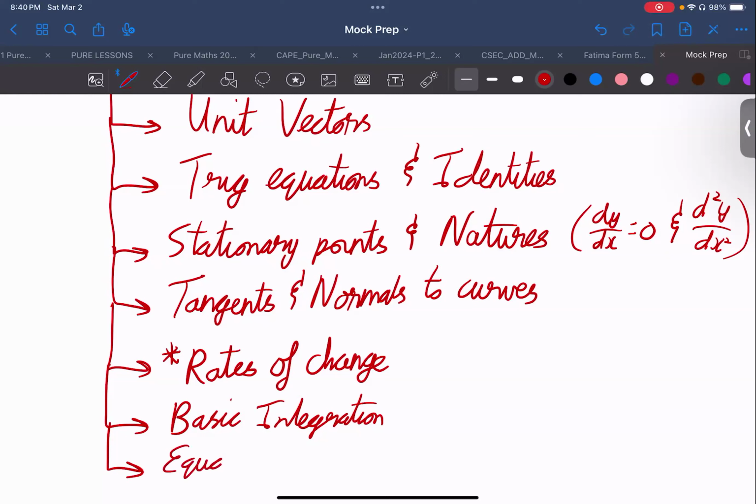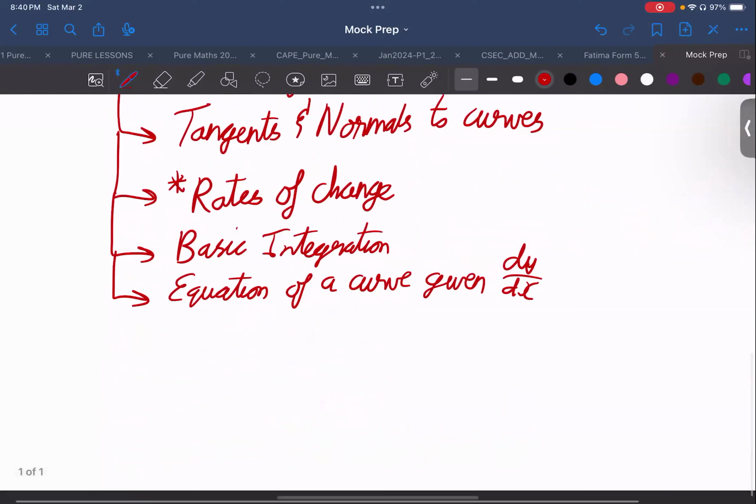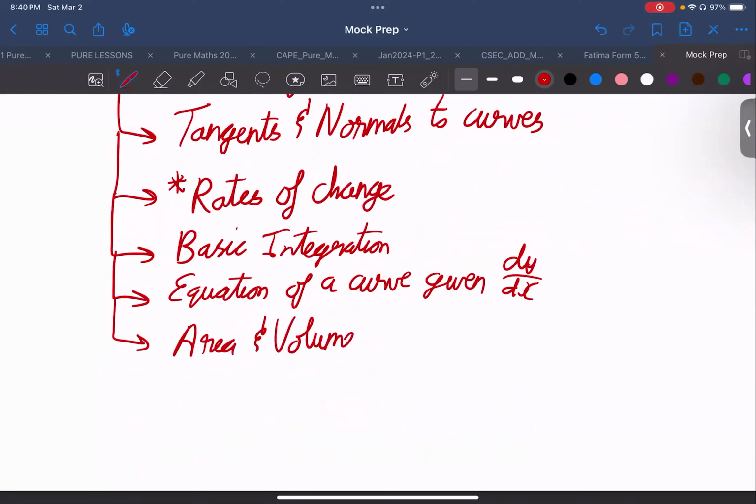Equation of a curve given dy/dx. Area, volume on the curve. Now, I might be going a bit fast, just warning you all in advance. You may not get the notes right away, but remember it's going to be recorded, so you can just go back over the list, right? And volume under a curve,